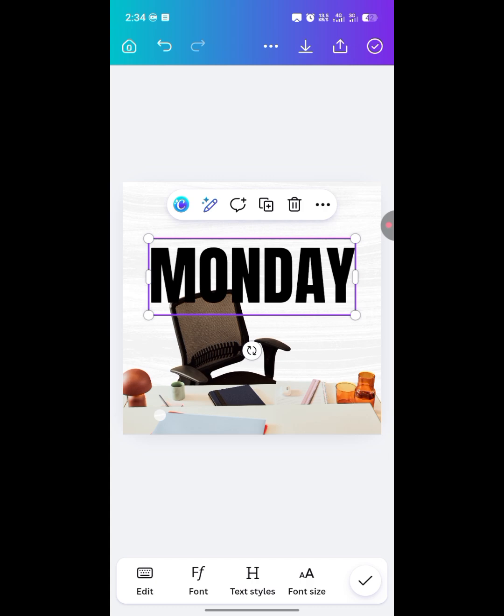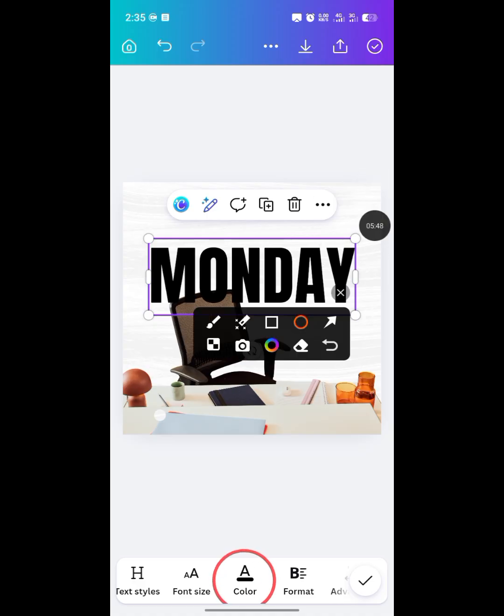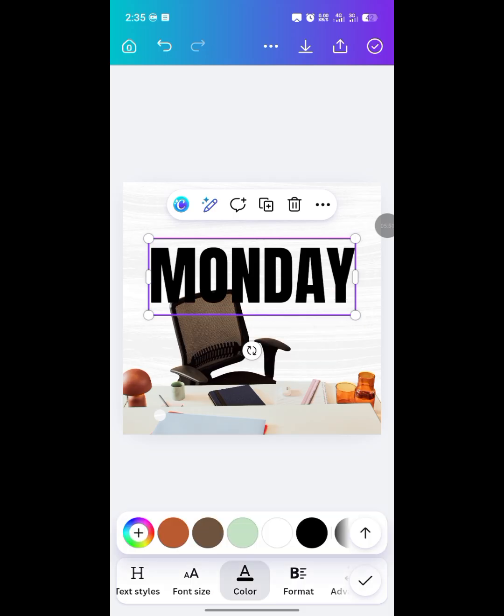Now, if you look at it, the chair ought to be at the front of this design. And two, the color is black. I want to pick a color from the image that we have here. So I'm going to use the color of that exercise book or the notepad on the table. So the next thing is to go to color. Here is color at the lower part of your Canva app. So you click on color. Once you click on color, you can now